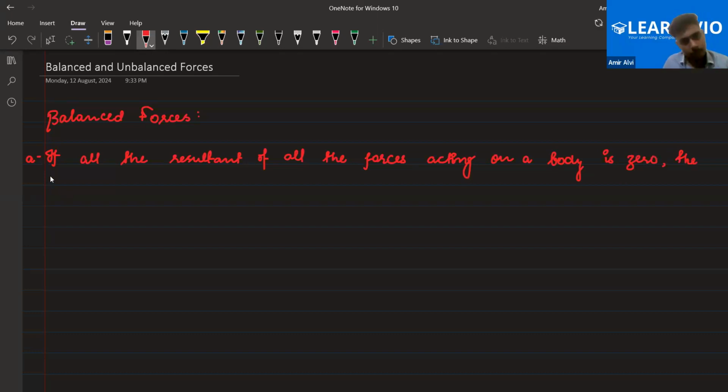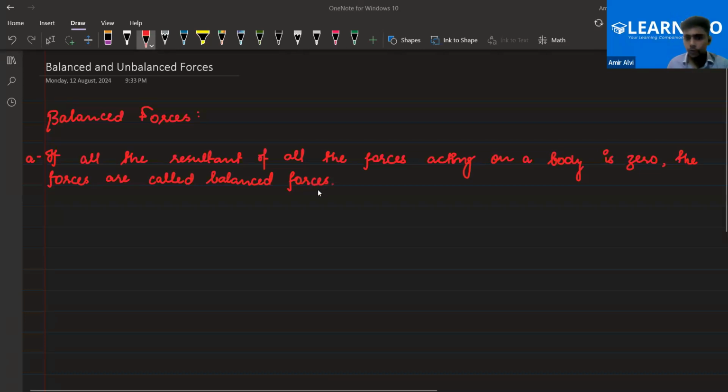Okay. Balanced forces. Is this clear to all of you? Yes, sir. So if I give you the example in terms of the picture, so that should be